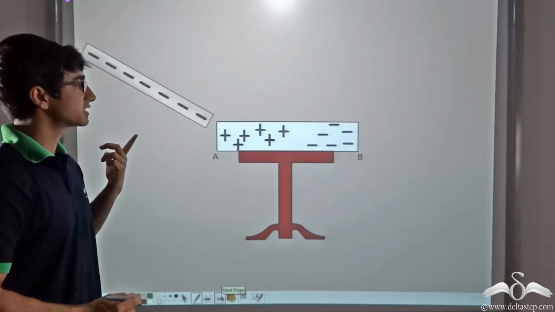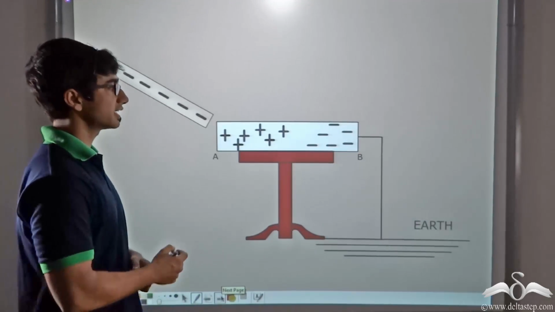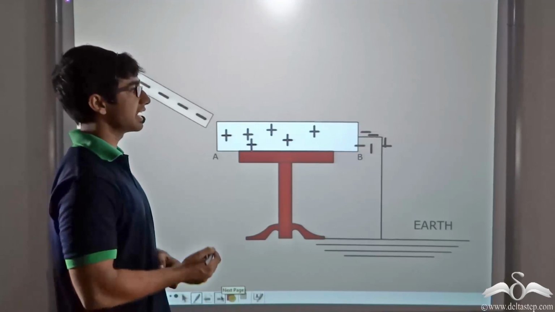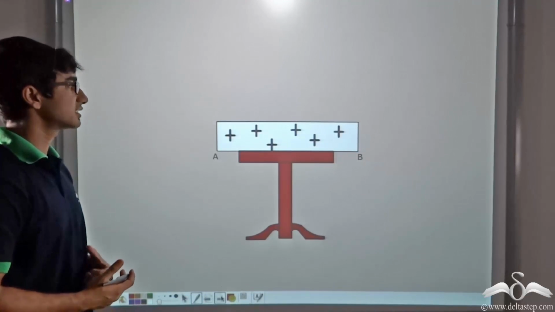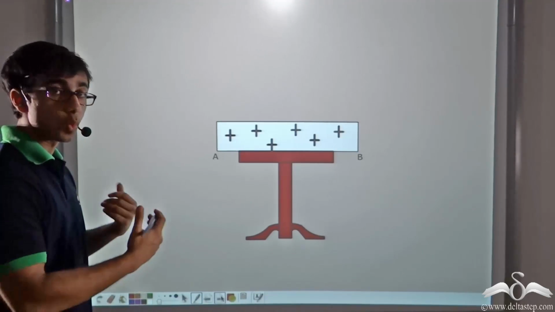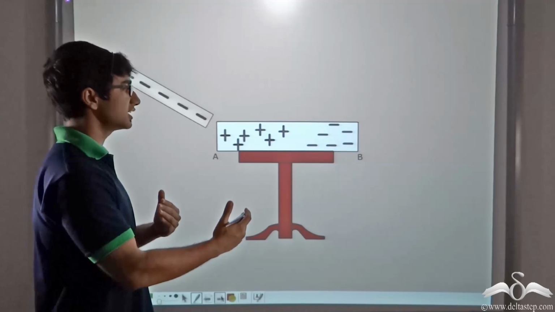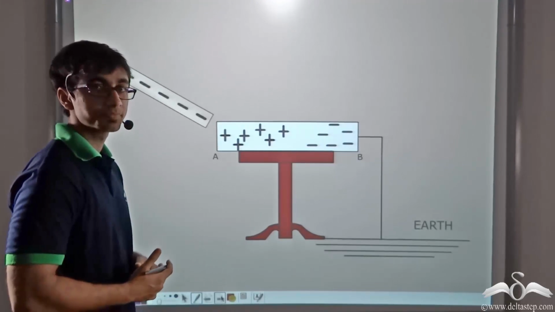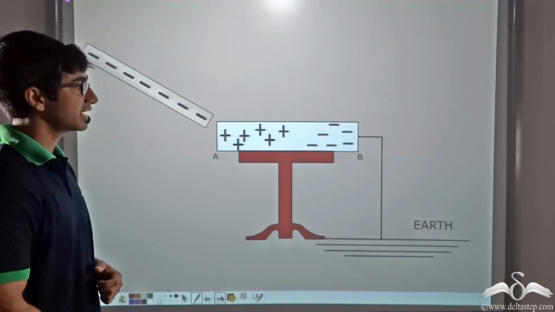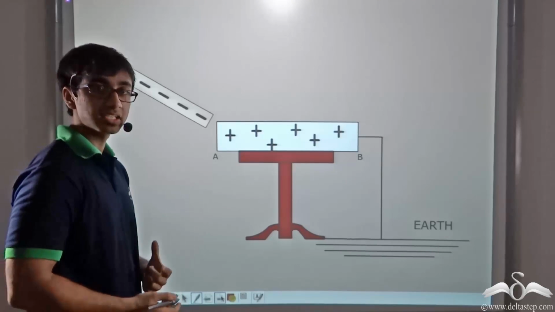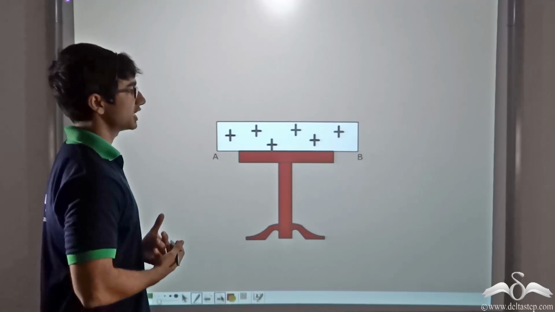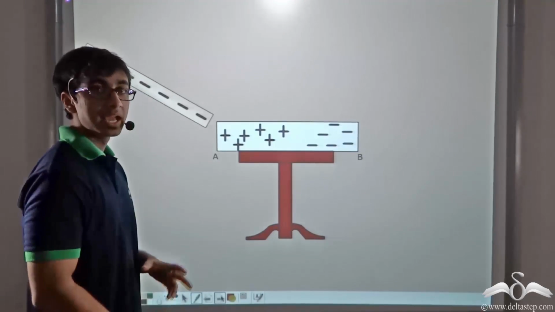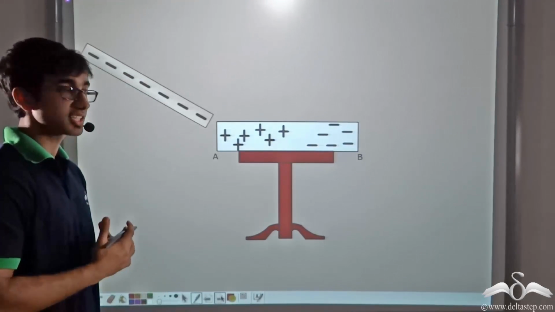With the negatively charged glass rod in place, the conductor is connected to earth and the electrons flow down to earth. After that, the negatively charged glass rod is removed and what we get is a positively charged conductor, that is AB. Why? Because we have studied that the earth is a good sink for charges. So once the electrons flow down, the positive charges rearrange themselves in AB